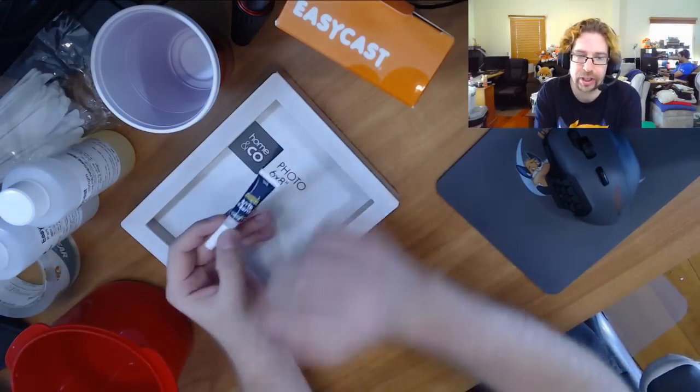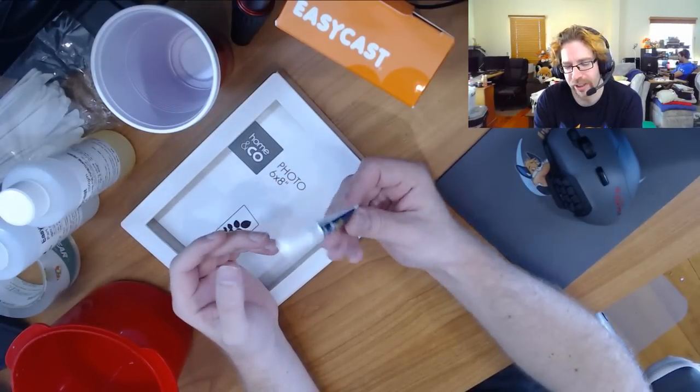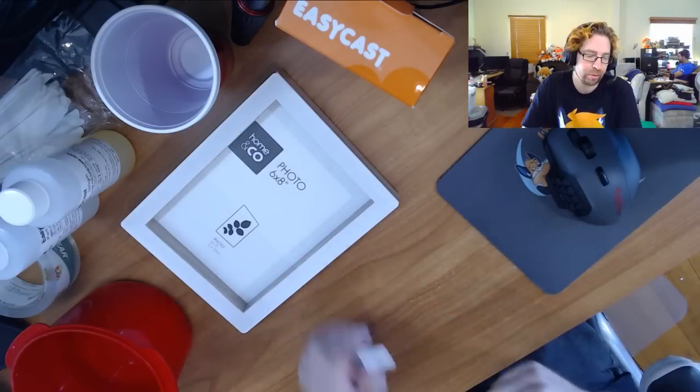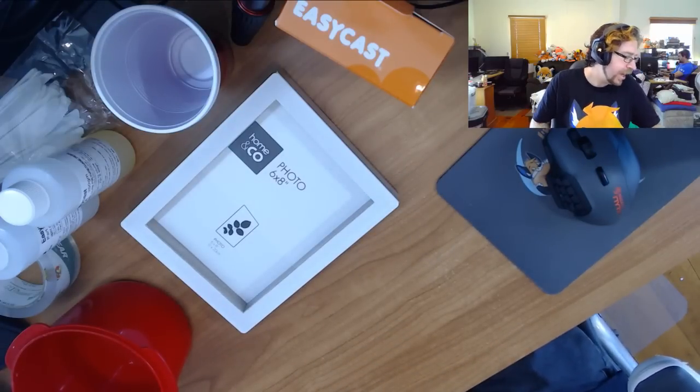And some glue. Normally I'd go with a contact cement or a hot glue, like the hot glue that fursuit makers use, because it's nice and thick and it bonds quite well. But hopefully super glue works. First time using super glue. And then of course you need